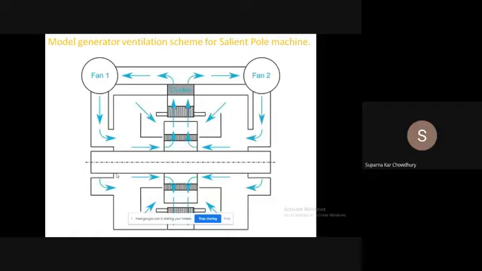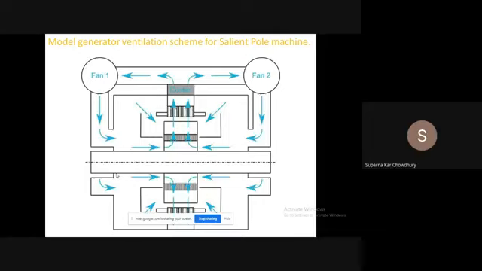Now different types of insulation can withstand different temperatures. And one of the insulations widely used which can withstand very high temperature is mica. There are some organic bonding materials now available, but what is widely used is mica. It can withstand very high temperature, but the main problem with mica is that it is brittle and its mechanical property is not very good.